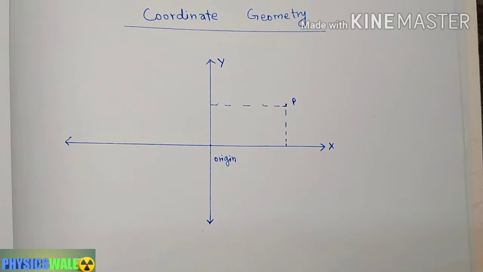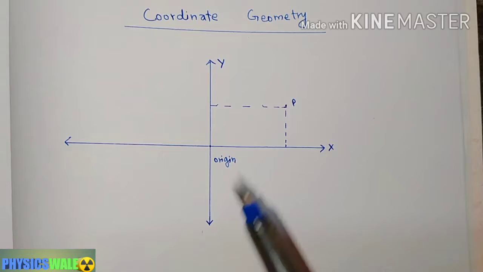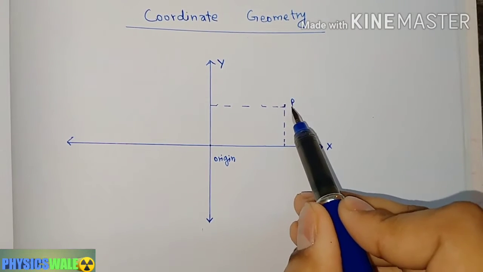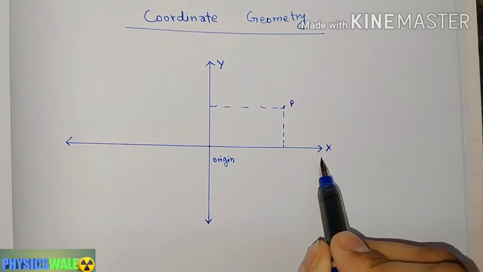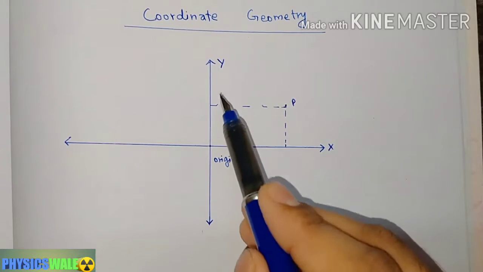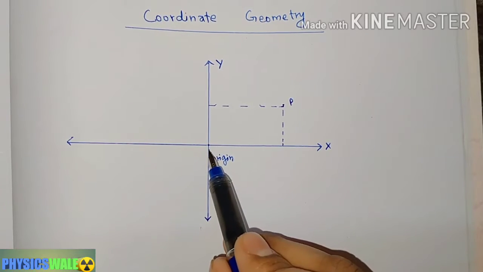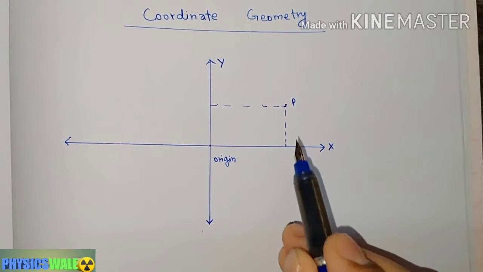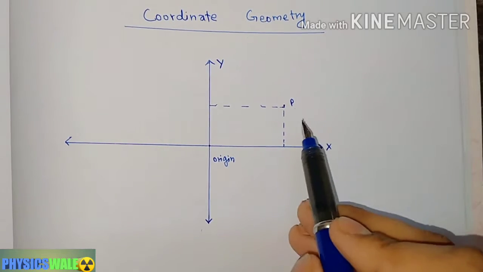Let us learn a few basics of coordinate geometry. Suppose we have a point here in the plane. How do we know the location of this point in the plane? How do we tell somebody that this particular point is located here? We can make two arbitrary axes perpendicular to each other. The one we know as the x-axis and the other we name the y-axis. The point of intersection of these axes is called the origin. Now we can measure the distance of this point from the x-axis and the y-axis, and that will give us the precise location of this point.